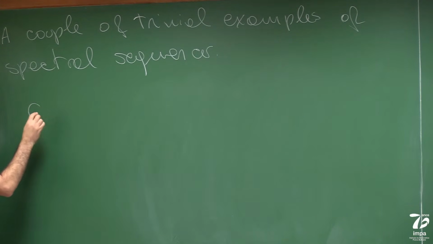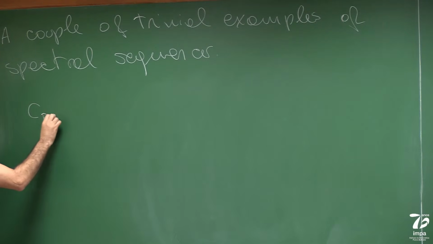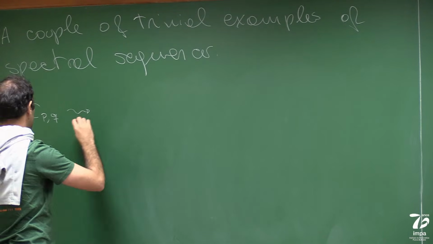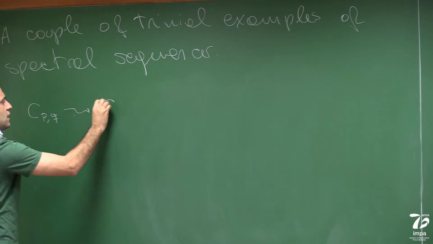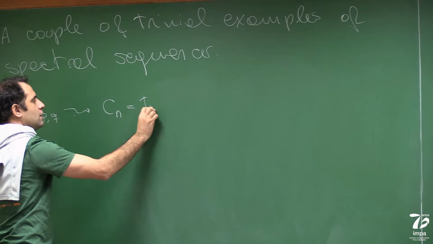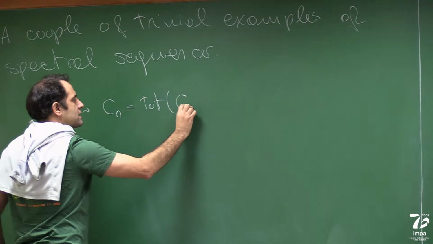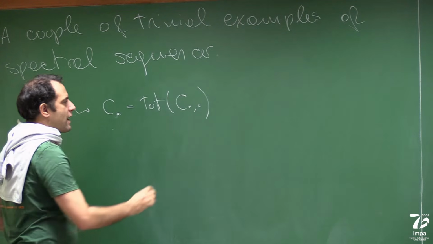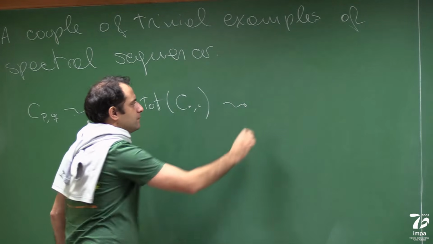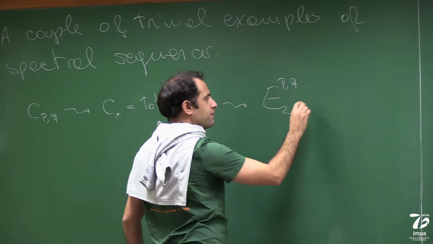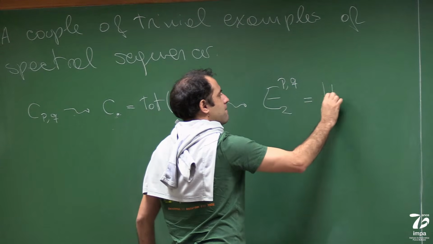Let's remember that if we have a double complex, something like this, then it leads to a single complex, which is the total complex. And we have a spectral sequence whose E2 page in degrees p and q is the p homology